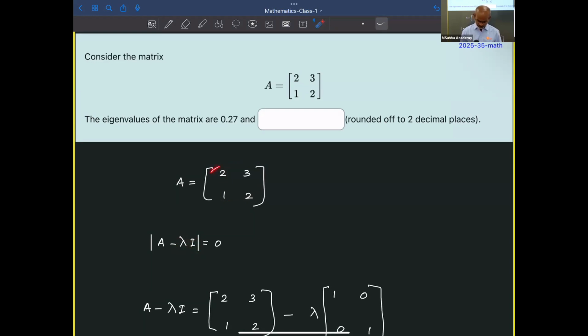Okay, matching with the size given. So it is a 2 by 2, and the identity matrix is also a 2 by 2 matrix. So this simple thing is to be, yeah, we have to get the determinant. By that way, you'll be getting an equation for lambda that we are going to solve, and the roots of lambda are nothing but the eigenvalues of the given